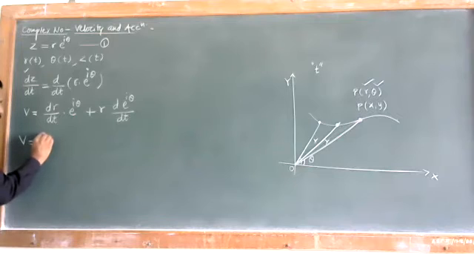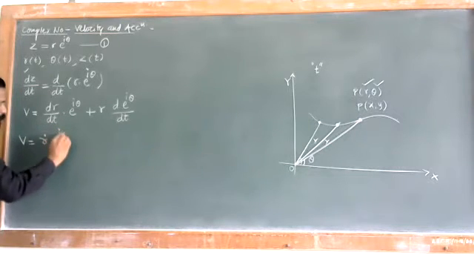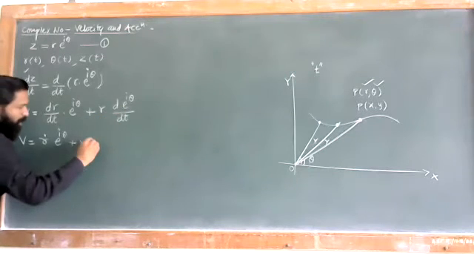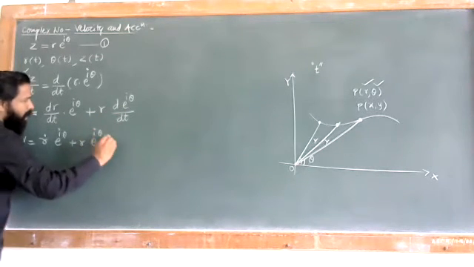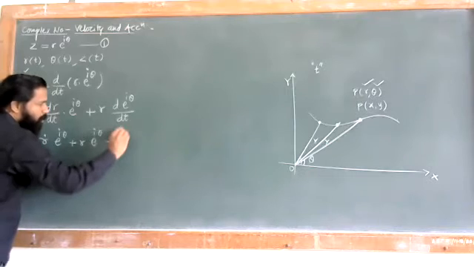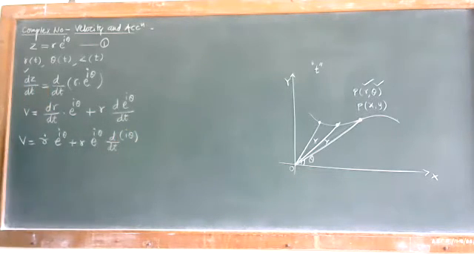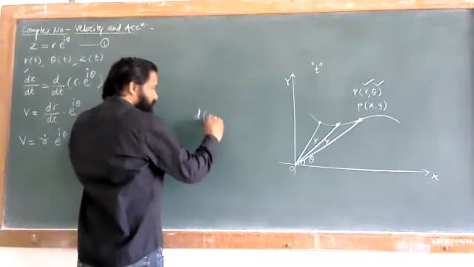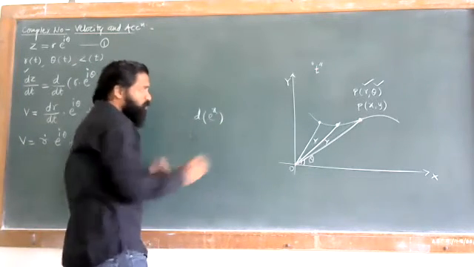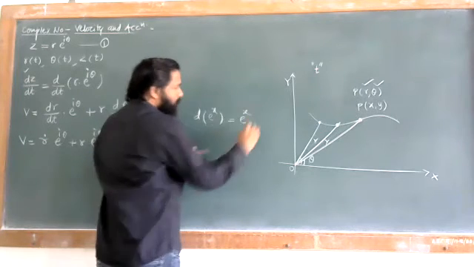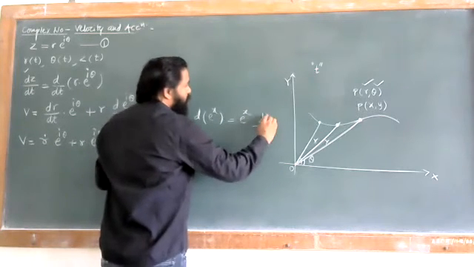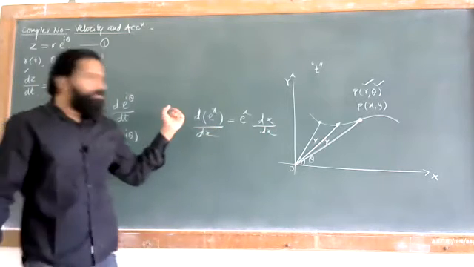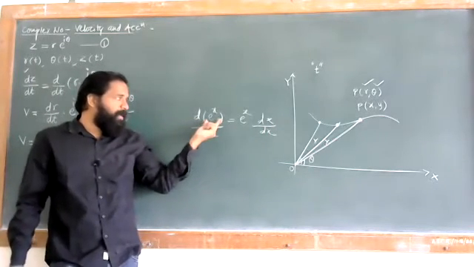I can write that in terms of r dot into e raised to i theta plus r as it is. Derivative of e raised to i theta is nothing but e raised to i theta into d by dt of this term i theta. सगळ्यांनी लक्षात येतं. We will have the property of this e raised to x. So what is that? That is nothing but e raised to x into derivative of x upon dx. सगळ्यांनी लक्षात घ्या. तुमचा डेरिव्हेटिव्ह ऑफ e raised to x कसा लिहितो आपण with respect to x?